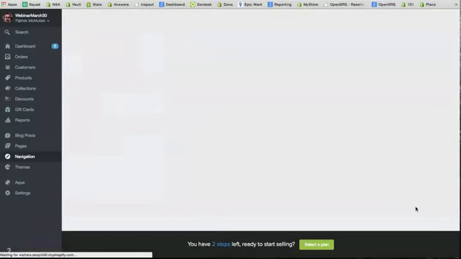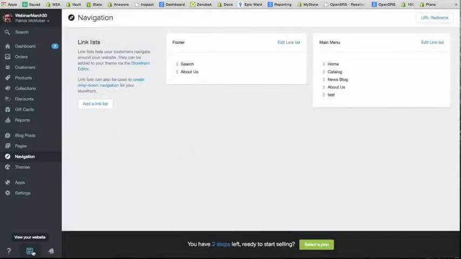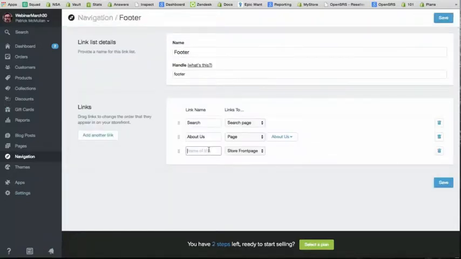And the same goes for the footer section. So at the very bottom of the page, there's footer links. So if I wanted to add maybe a terms of service or refund policy, I can add it here as well. So I just hit edit link list, add link, refund policy. And if I made a refund policy page, I just link it up this way. Select the page, click on it from here, and I'd be good to go. So next,